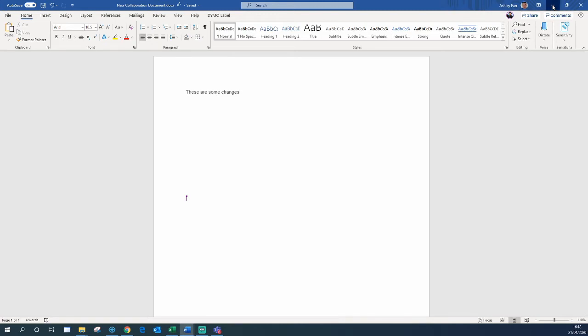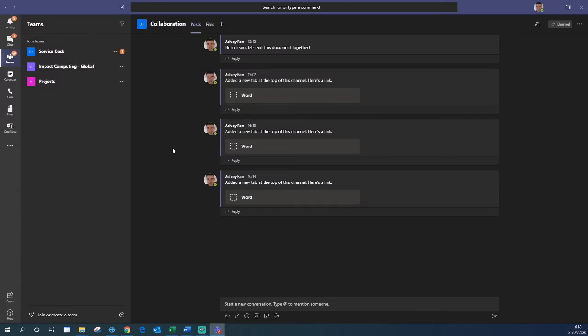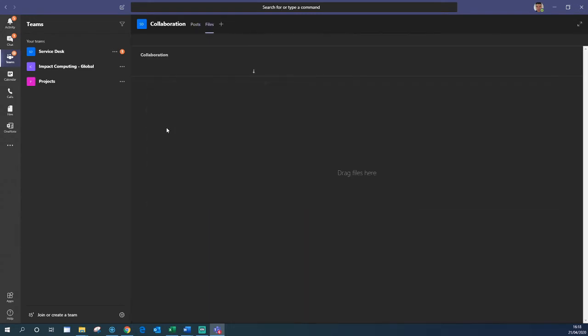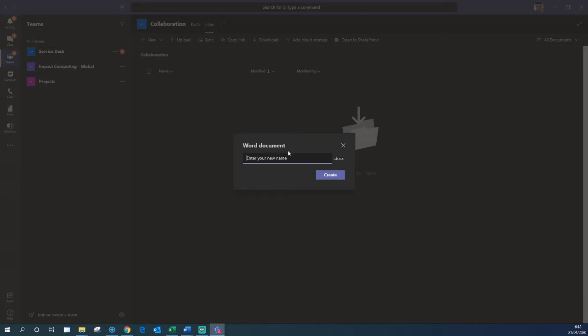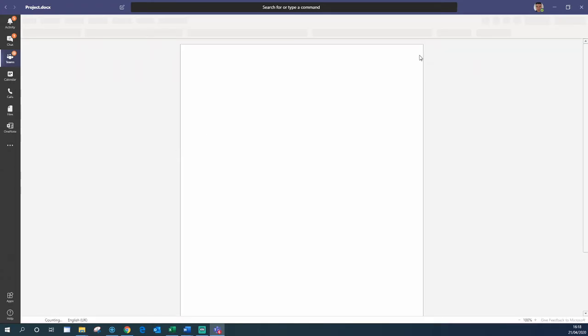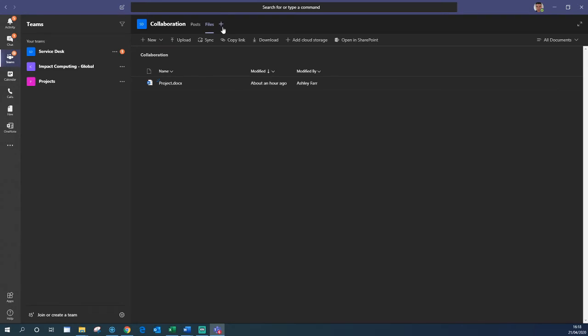While he's making some changes to that file, I'd like to show you Microsoft Teams. Here we have a Teams channel, and Simon's already a member of this Teams channel, so I would like to add a file that we can work on together. So I'm going to create a Word file in the Files tab. And to make it a little bit easier to find, I'm also going to pin it to the top, so